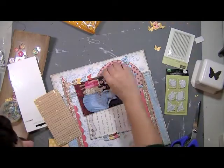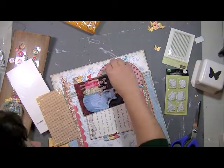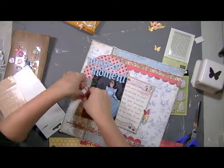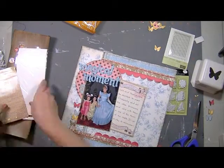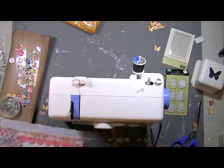And then you know what, you guys, these letters are the biggest pain in the butt that you've ever seen. They are so tiny. You can barely pick them up, and placing them is a nightmare. They're terrible. They look really good, but I never use them because they're such a pain. So that was a bit of a